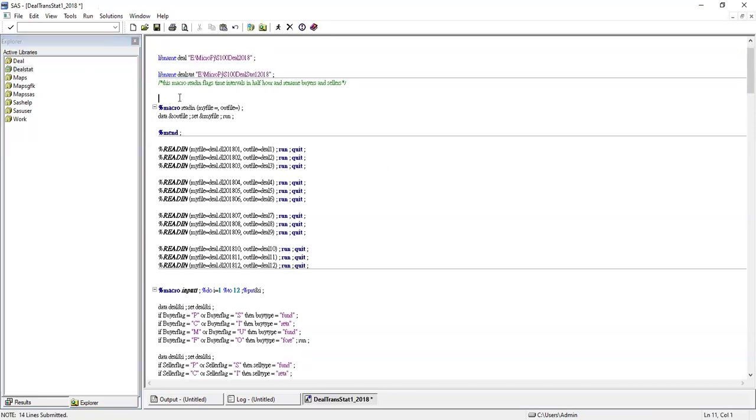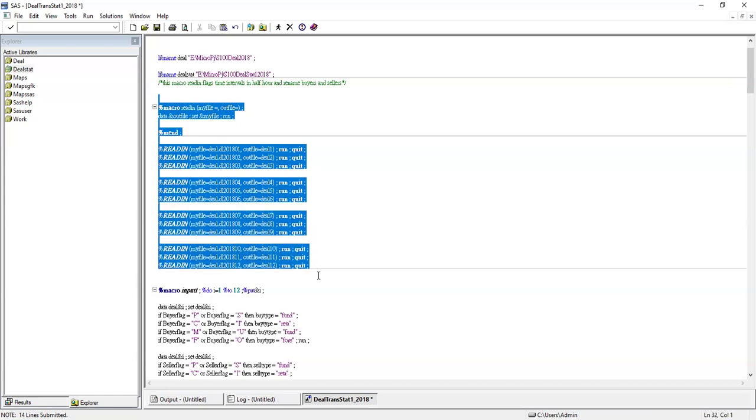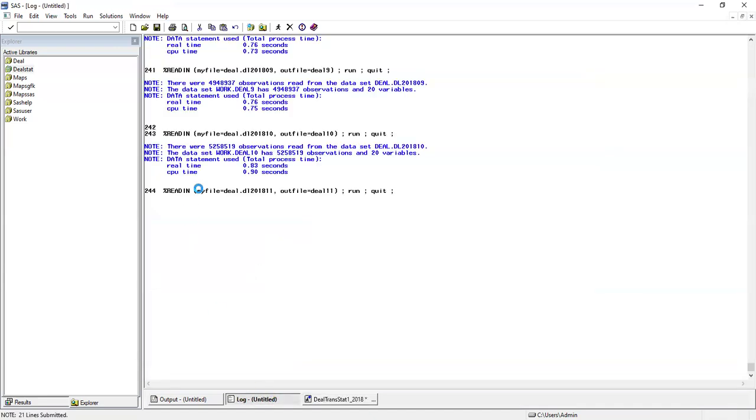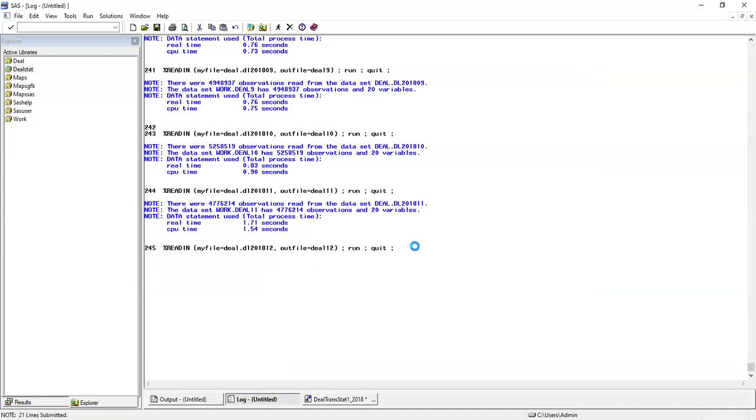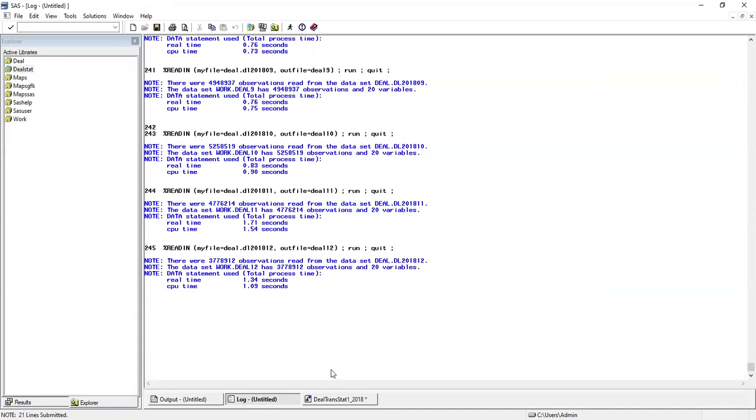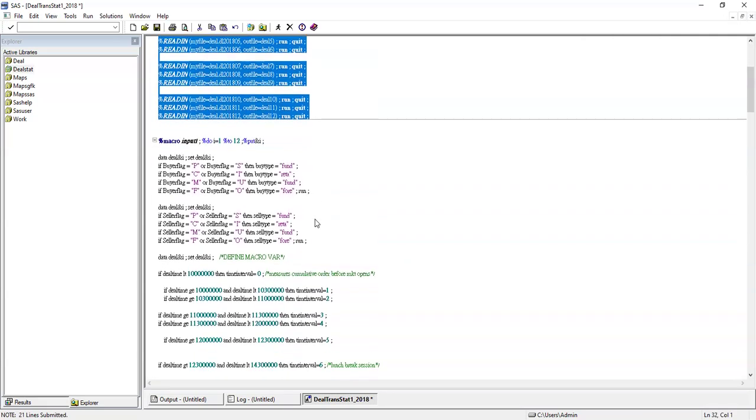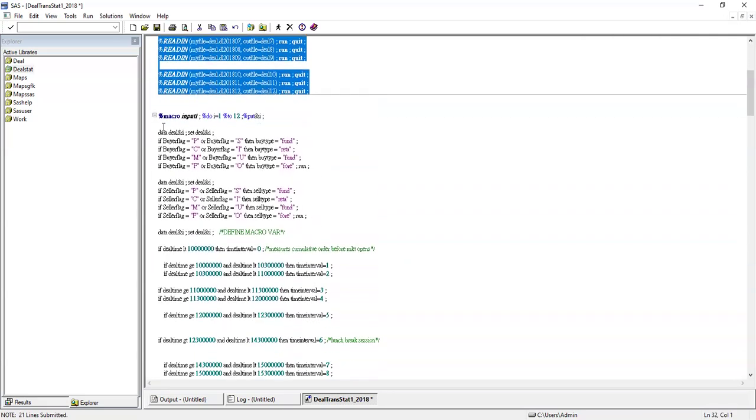The next step is to read in the DO file that we just created in the first video and put them in the work folder. This code will do that for us automatically. We can also go to the log page to see the progress of the program running. Once that is done, our first job is to